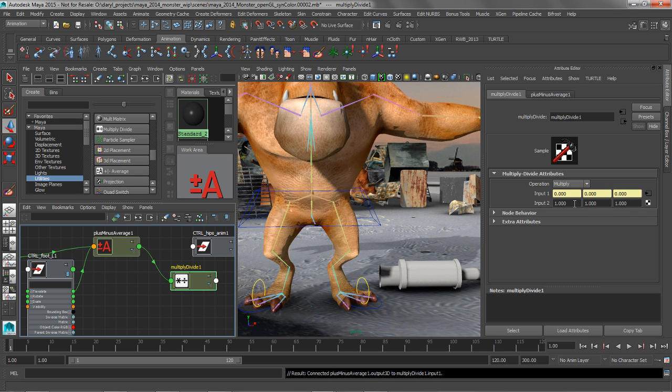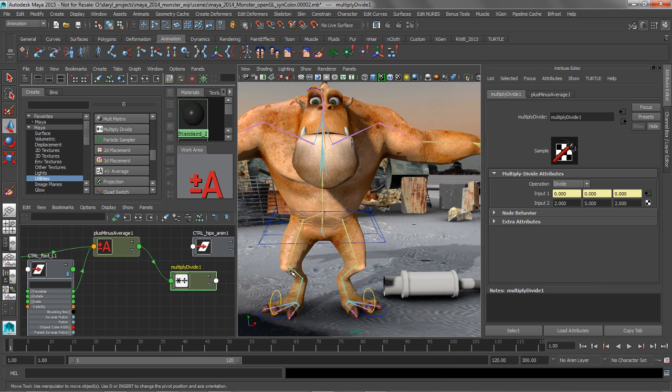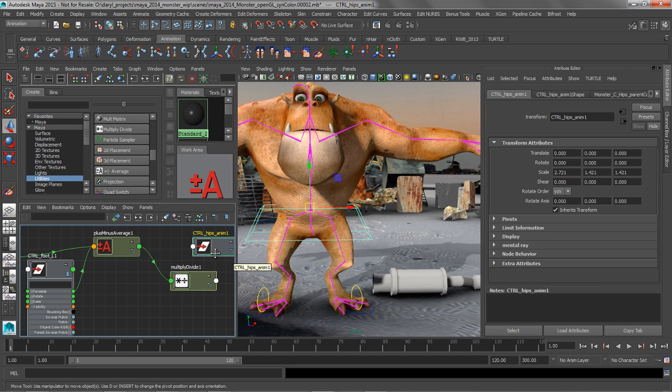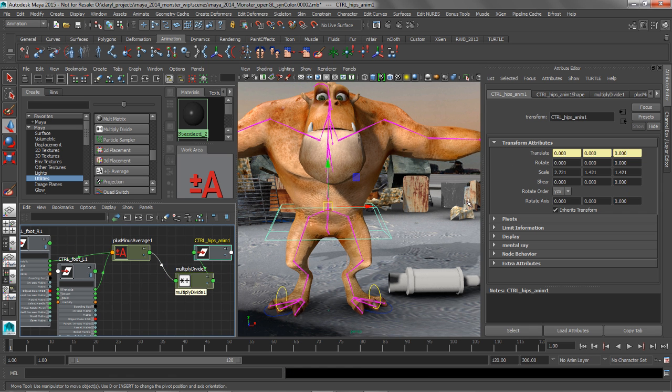And we're going to not do a multiply, but a divide. So we're going to divide our X and our Z, and we're going to make our Y have a little bit more, something like 5. So it's going to find basically the center in our front view and then have the up and down be a little bit less because we divided it by a value of 5. So all we have to do is drag and drop that multiply divide onto our translate for our character's